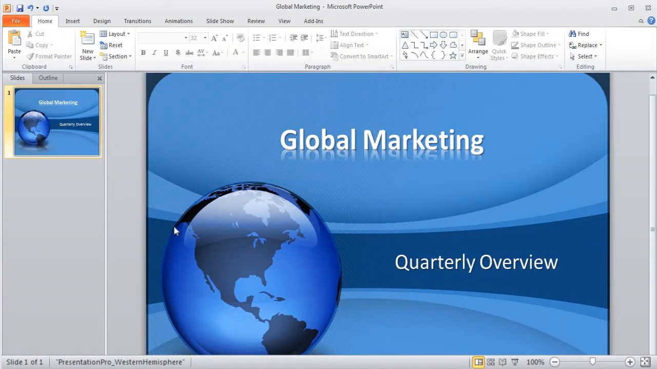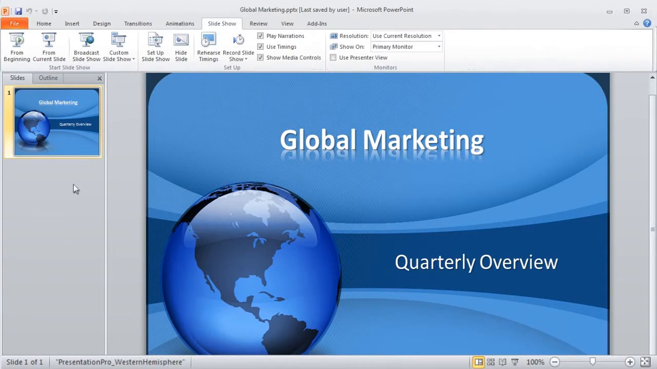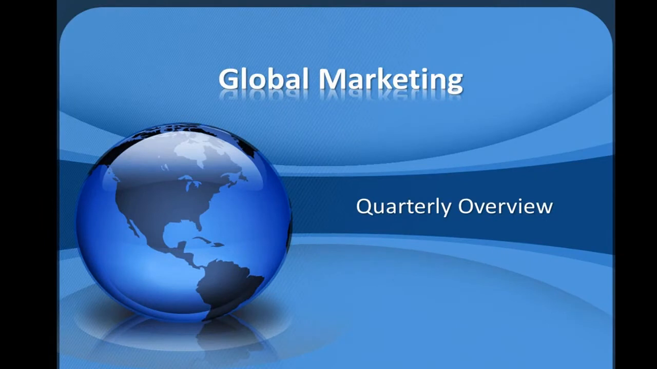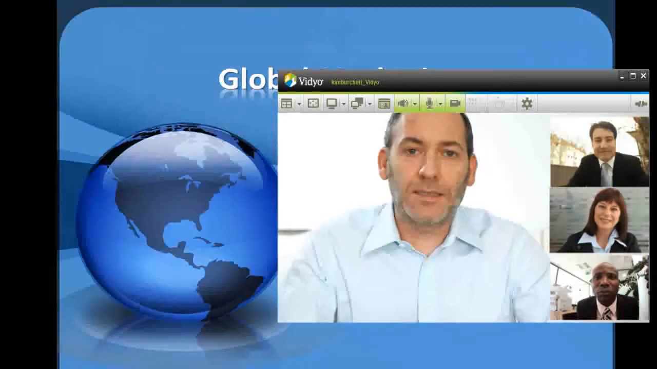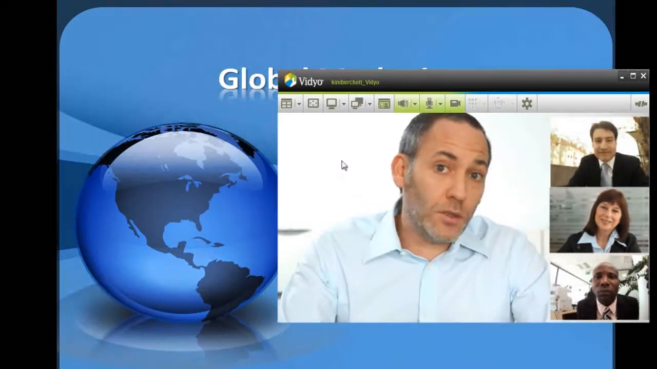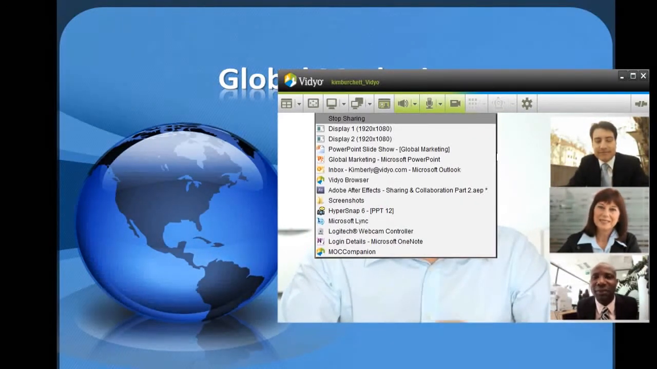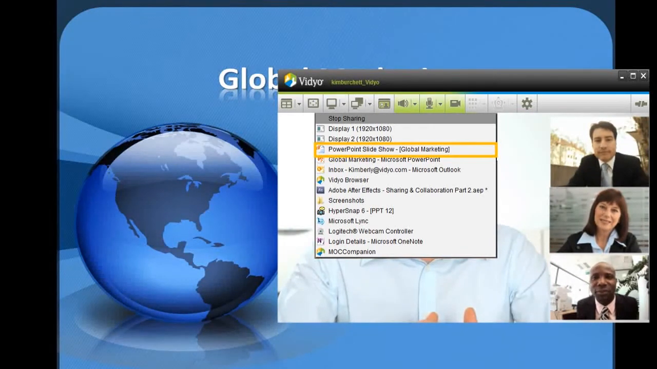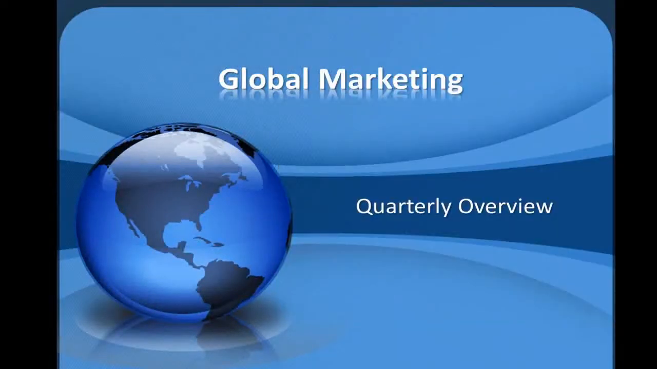First, you can go to your PowerPoint application and select From Beginning, or click the slideshow button in the lower right corner of PowerPoint. This places you in regular slideshow mode. You now need to go to the video desktop and click the drop-down arrow next to the Share button. Notice that you have two options for sharing in PowerPoint. You need to choose the PowerPoint slideshow. You are now sharing at full screen resolution, which does take up more bandwidth and is required for a crisp